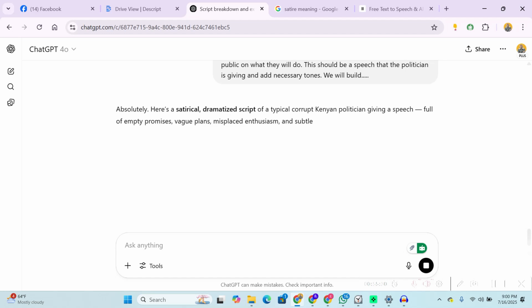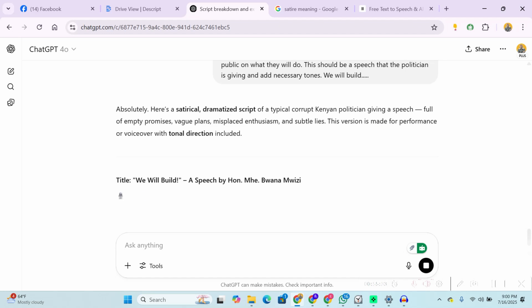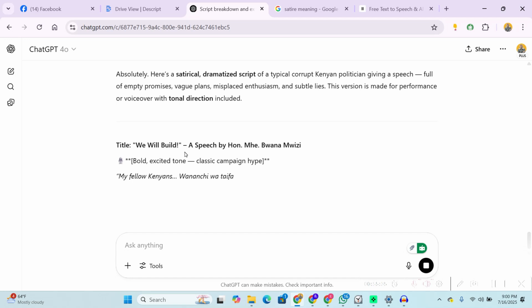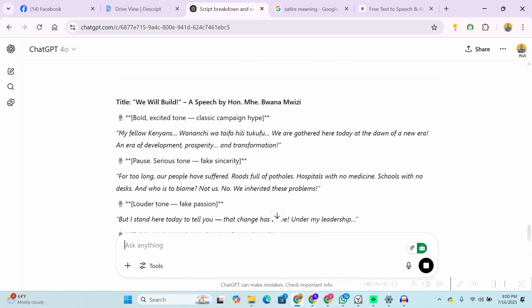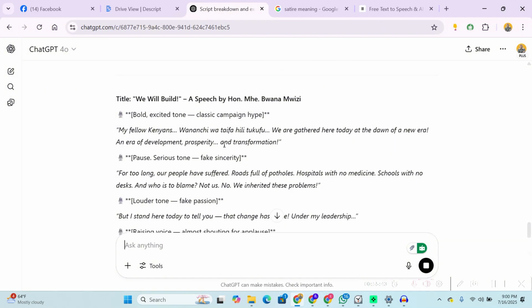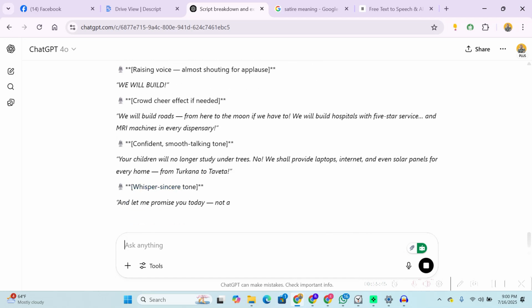It's a script. Now, this one is just something else, just a little bit about humor. This one is, my fellow Kenyans, wananchi wa taifa hii tukufu. We are gathered here today at the dawn of a new era, an era of development, prosperity, and transformation. For too long,